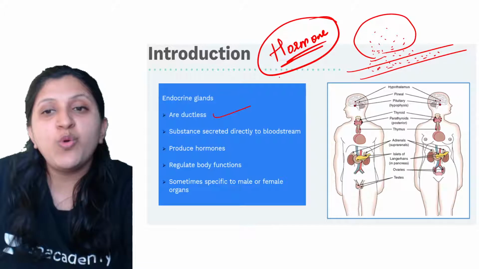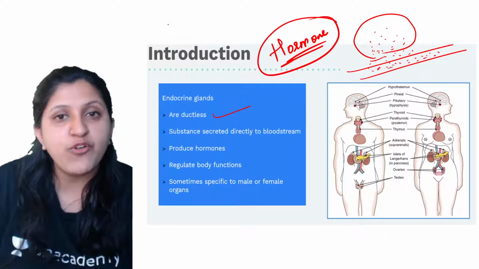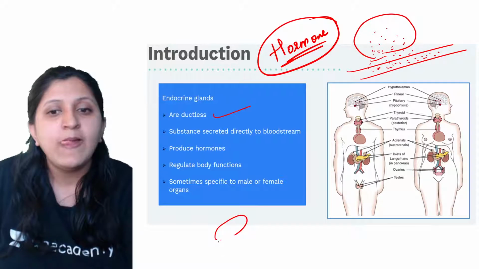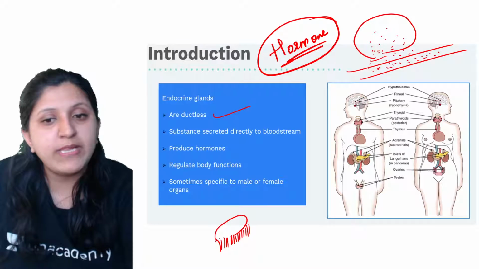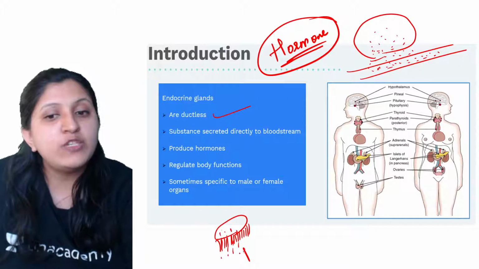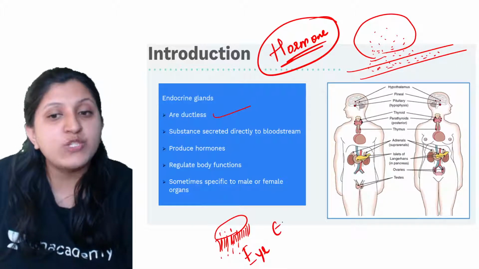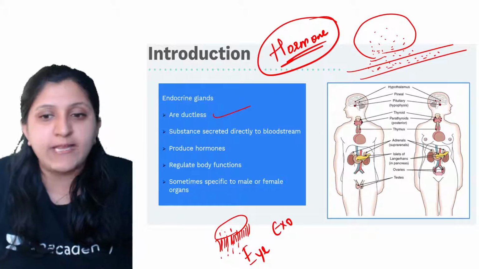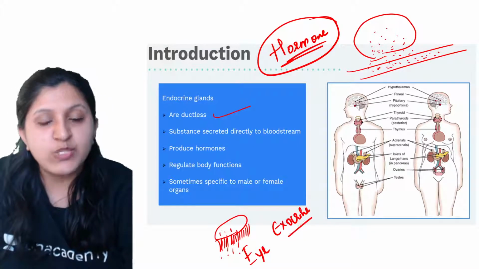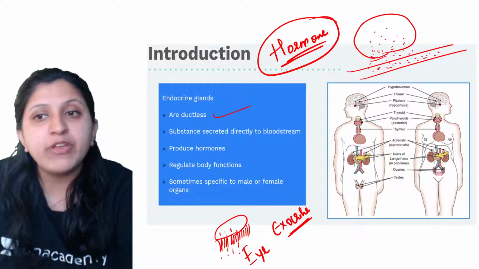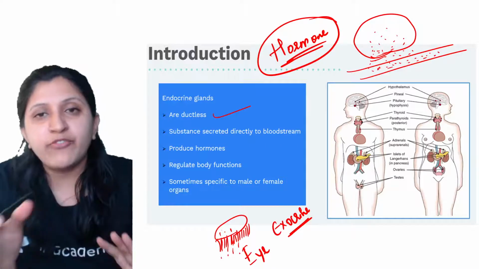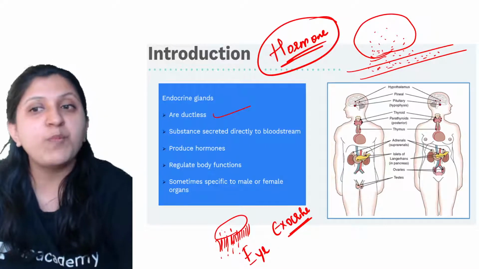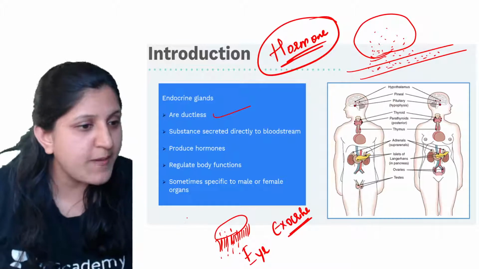There is no duct, like you can find in the case of the lacrimal gland, that is the tear gland. The lacrimal gland has about 6 to 12 pairs of ducts, and through these ducts the secretion of tears occurs into the eye. This is an exocrine gland, with tube-like structures. In an endocrine gland there are no ducts, no tube, so diffusion is direct, and through diffusion itself the hormone reaches the blood vessel. Is this clear?